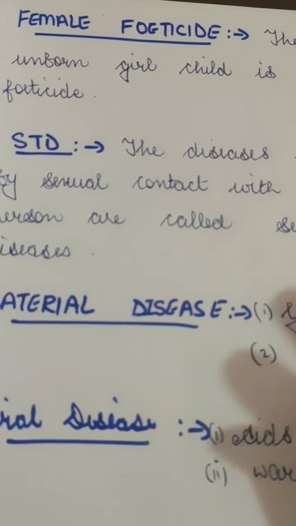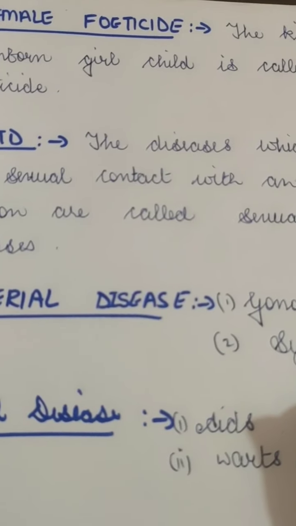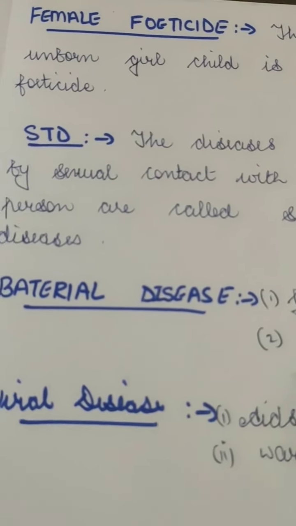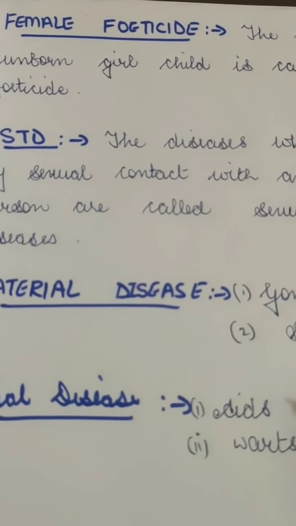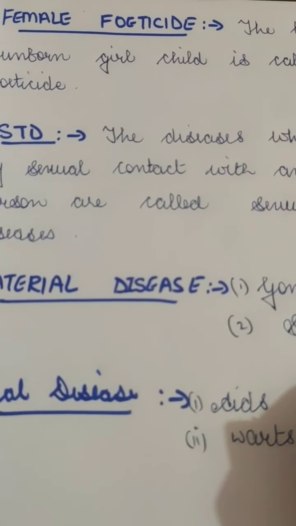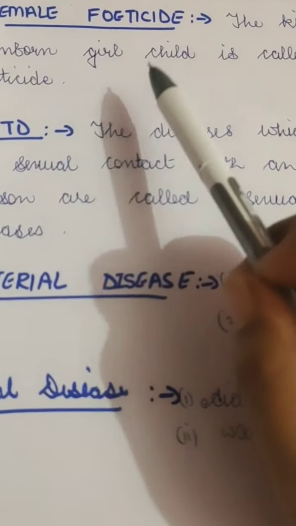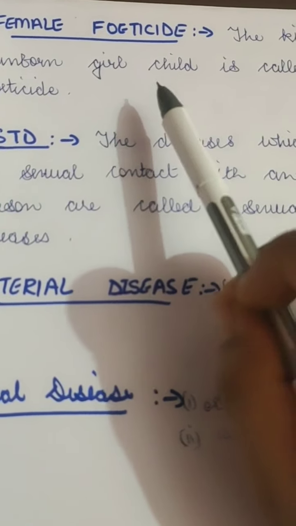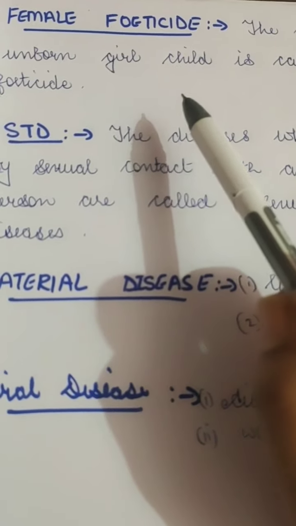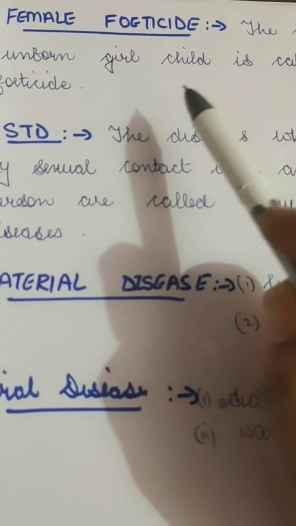But what people do, they play with the laws and get the ultrasound done, and when they get to know it is a girl child, they go for an abortion and kill the girl child in the mother's womb. It is unlawful these days, and the government is applying a very strict rule